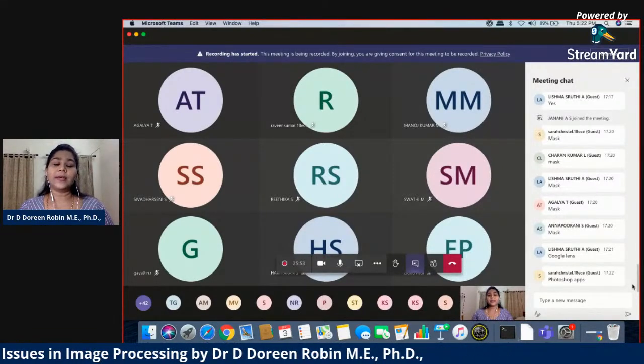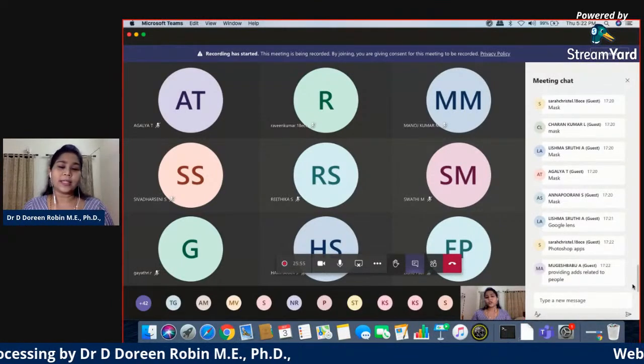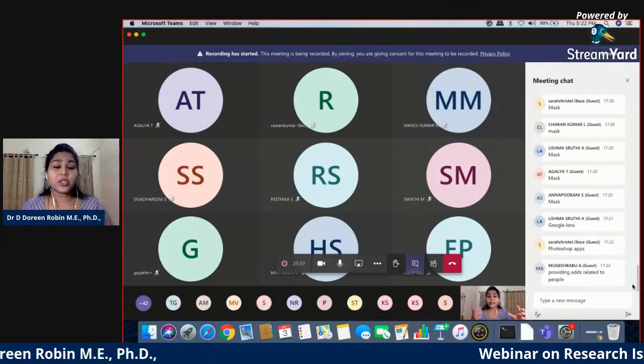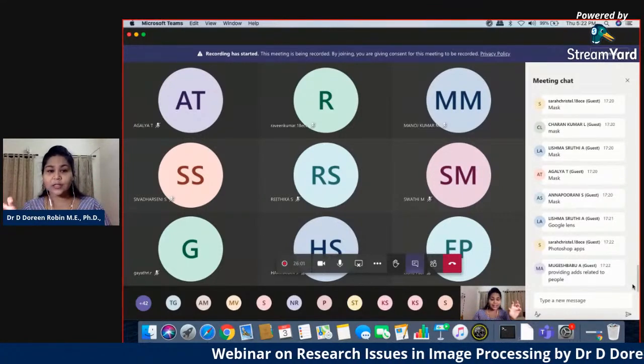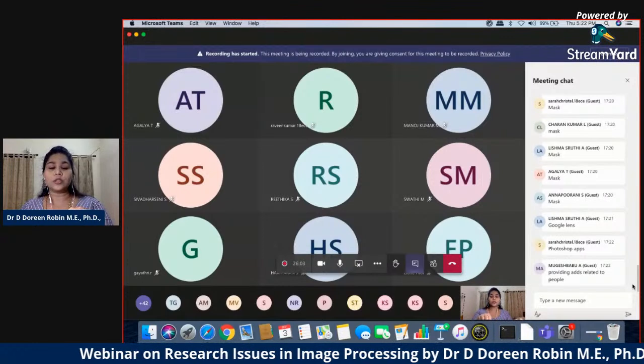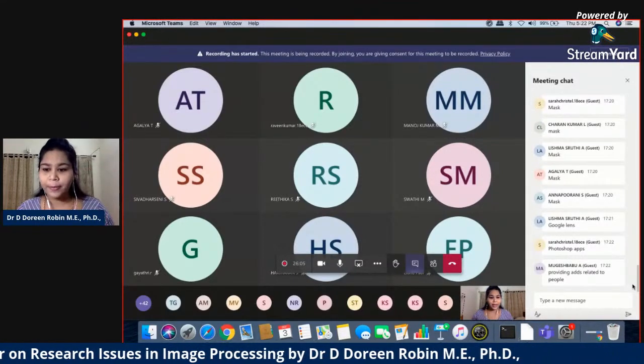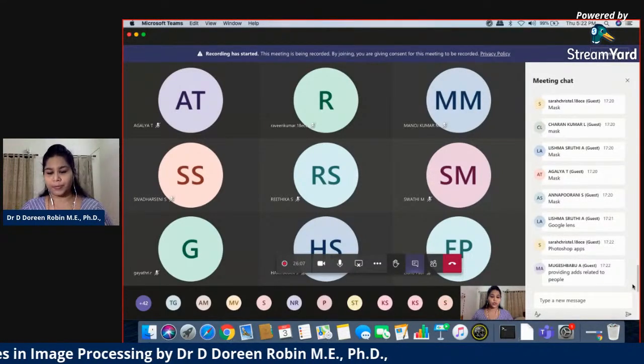See, when I take my picture, I just see my picture. That's it, I keep it. But when the same picture is analyzed by Google Photos, it doesn't see it as Doreen. It extracts the features and then maps it to Doreen and then puts it into the people album, providing ads related to people. Yes.